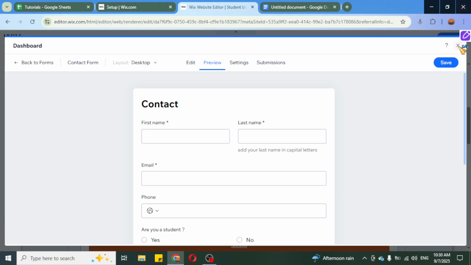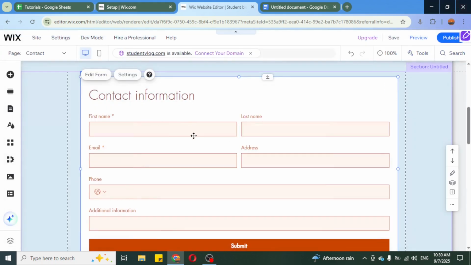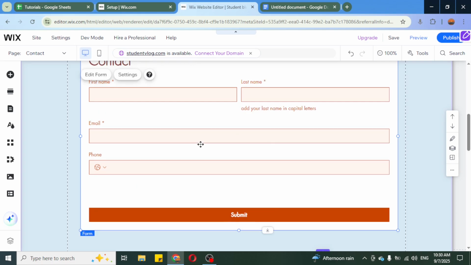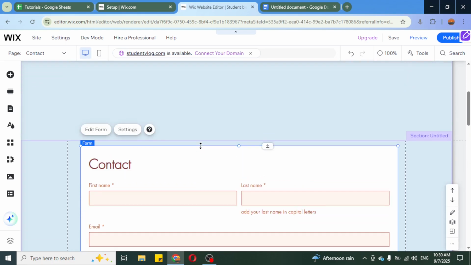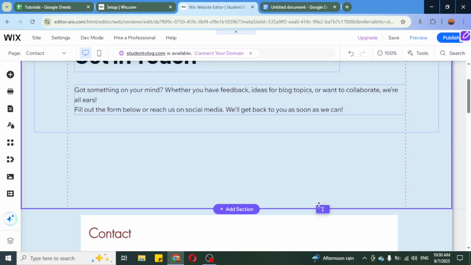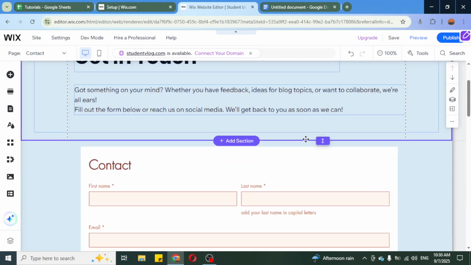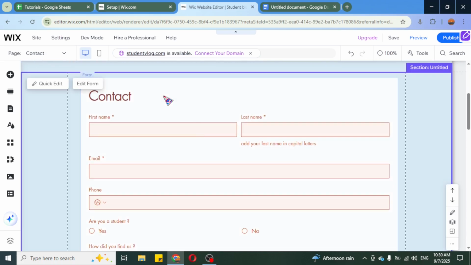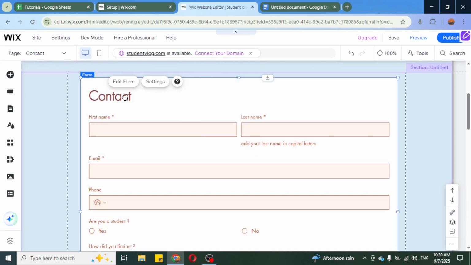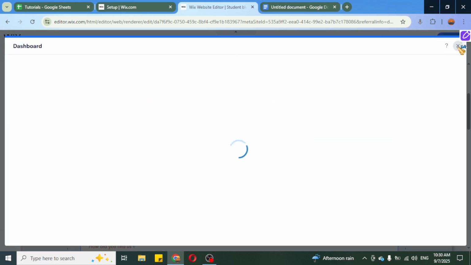Now once it's saved, we're gonna go back and it's gonna take a second for it to change, and here it is. Now as you can see, it's orange, but the theme of my website is blue, so we're going to change the colors a little bit. So here you can just click on each